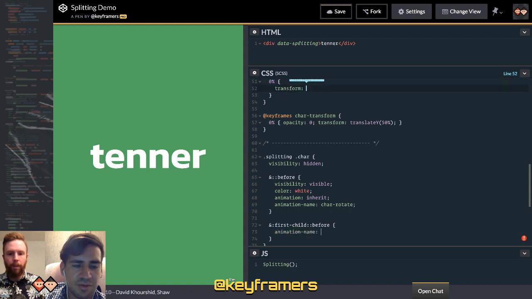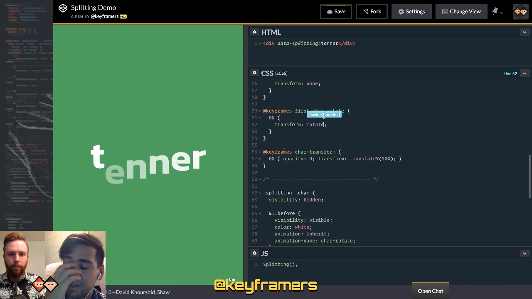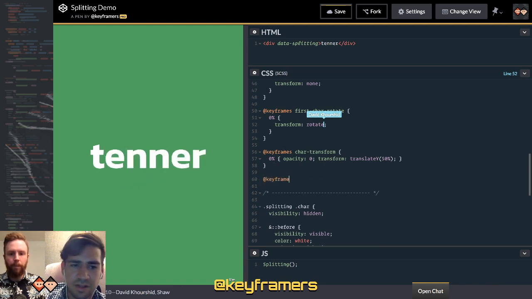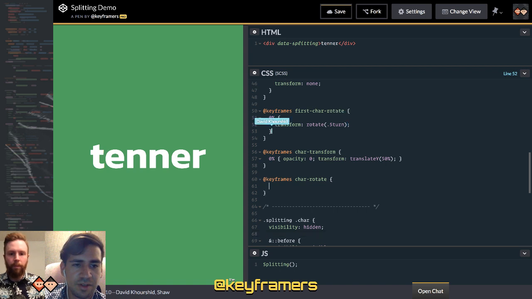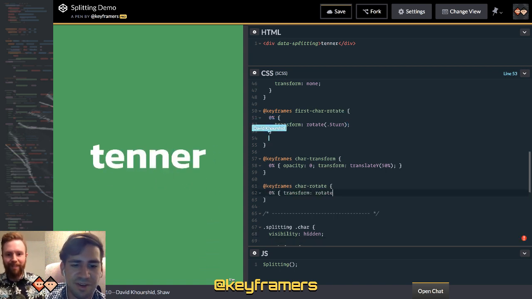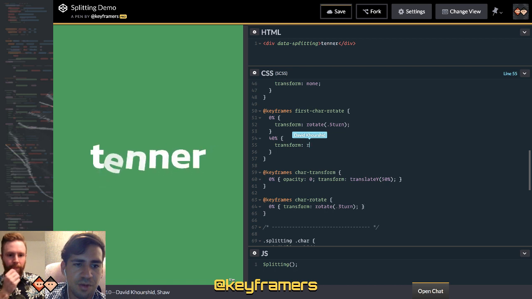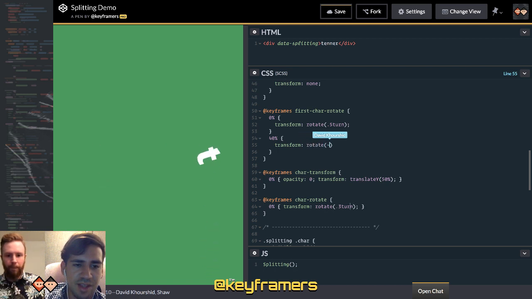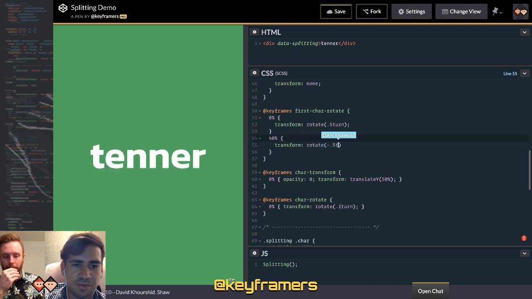So transform. Rotate, let's say clockwise, so .5 turn, and then 40%. It sort of overshoots, so transform, we rotate to -0.1 turn.